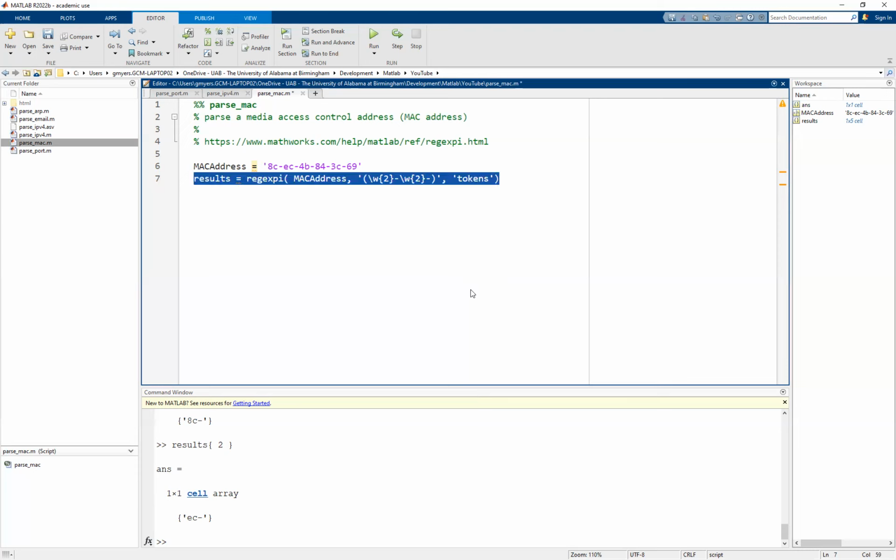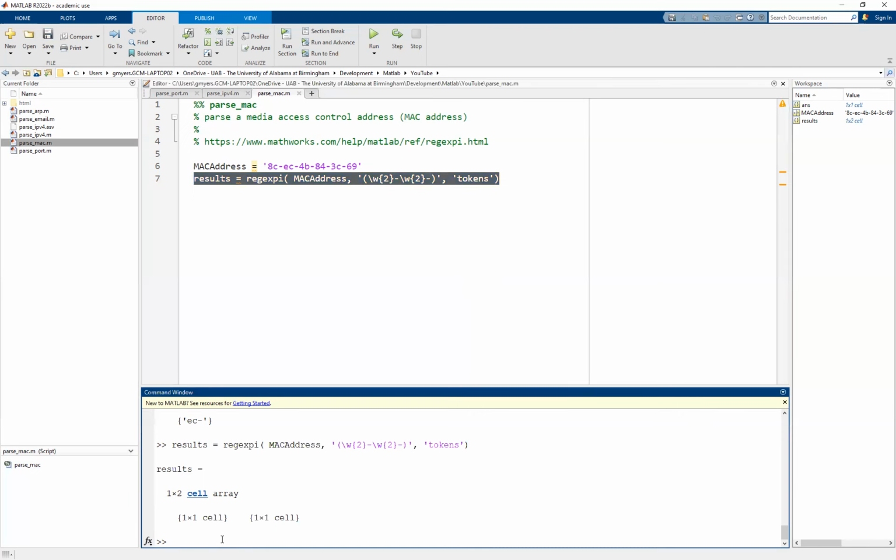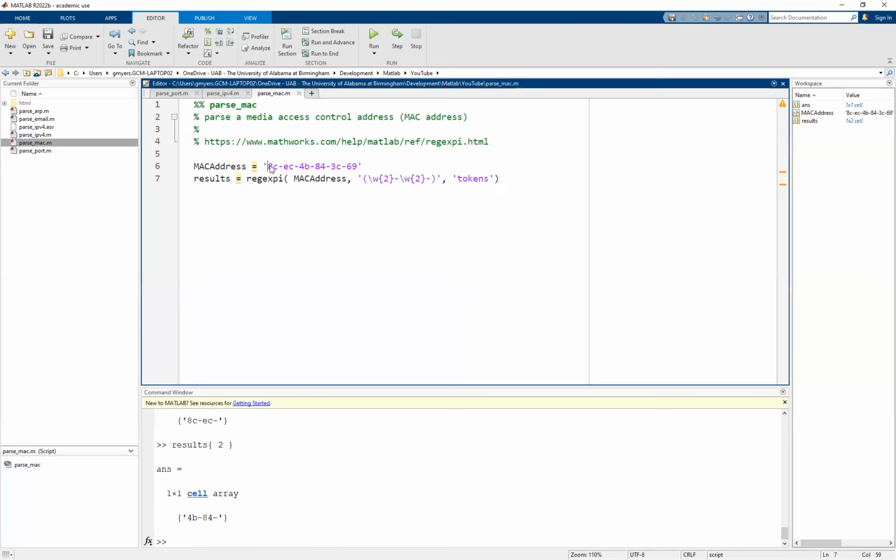And again, I encourage you to go ahead and run this before we go any further. And you'll see that I'm now down to 2 1×1 cells, which might seem a little discouraging, but you can see based on the pattern's results that we effectively don't have enough dashes to be able to capture the rest. In other words, we can capture this first pattern. We can capture this second pattern, but because this 69 does not have a dash after it, we can't capture